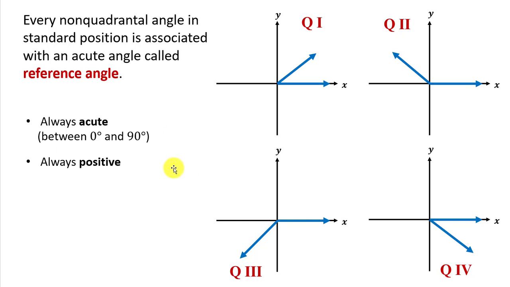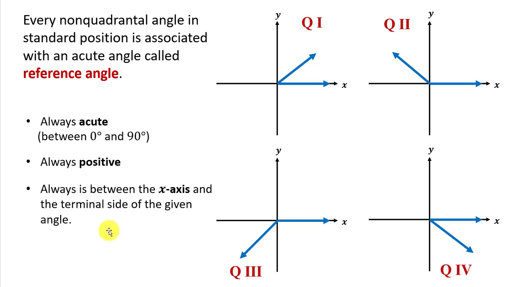It's always positive. And finally, the reference angle is always between the x-axis and the terminal side of the given angle. In other words, the reference angle is always found with reference to the x-axis, never the y-axis. Now, having these three characteristics of the reference angle, let's try to locate it for each of the given four